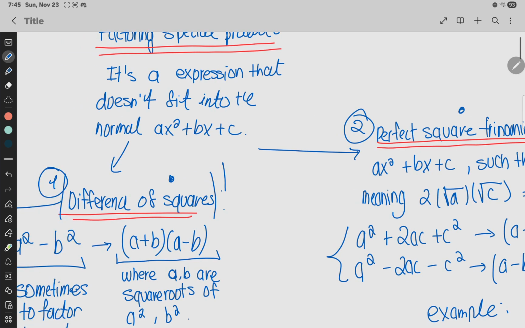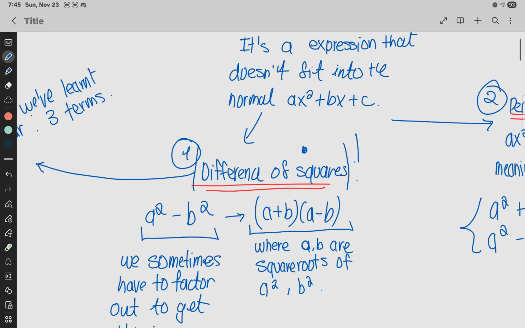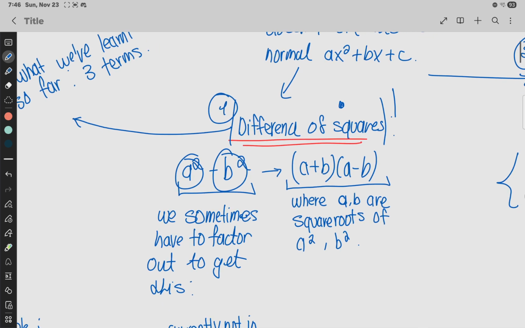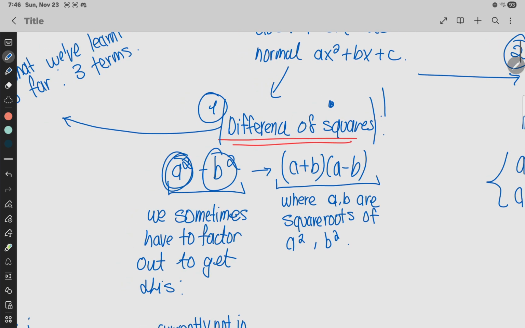Okay, so a difference of squares product is when you have two terms that are perfect squares that are subtracting from each other. So in our last lessons, we haven't learned how to factor two terms yet completely. We've only learned how to decompose or factor simple or complex trinomials. We haven't learned how to actually completely factor two terms, which are perfect squares. So when we have a squared plus b squared, a squared minus b squared,